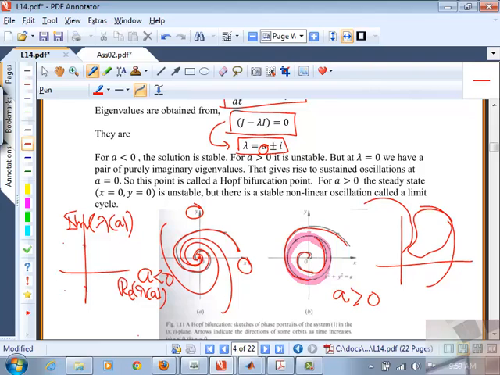Real part of A is 0, right? So they are crossing. What am I doing to make the cross? I'm changing A, right? So the eigenvalues change as A changes, and when A is equal to 0, they are exactly on the y-axis. A pair of purely imaginary eigenvalues. There is no real part. It is that condition that we will impose as an extended system to locate where that Hopf bifurcation point is